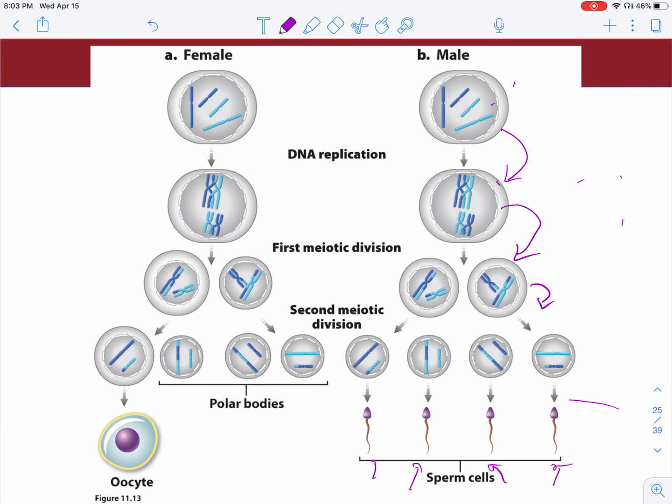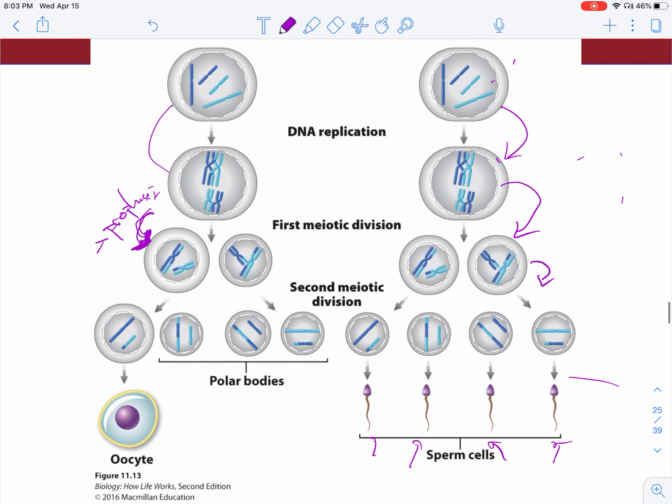In females, it's a little bit different. You have a round of DNA replication. You have your first meiotic division here, and actually the cells are stuck in prophase one until the menstruation cycle where they mature. And so this happens almost at birth or before the birth of the female, in which all of their eggs, or ovum, undergo that prophase, and then they are frozen until they develop during